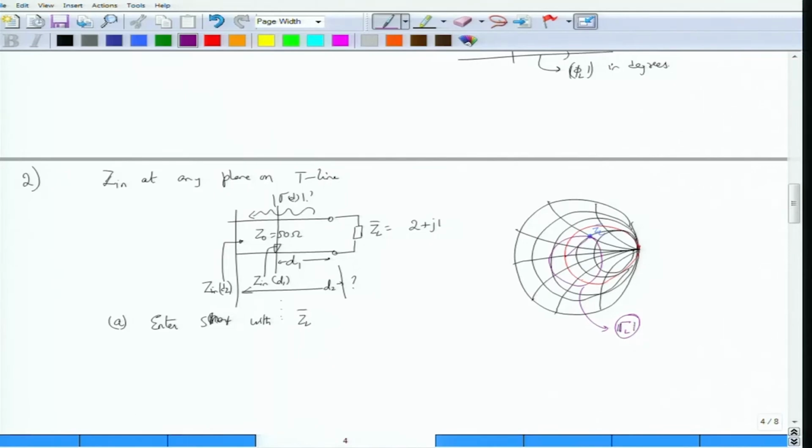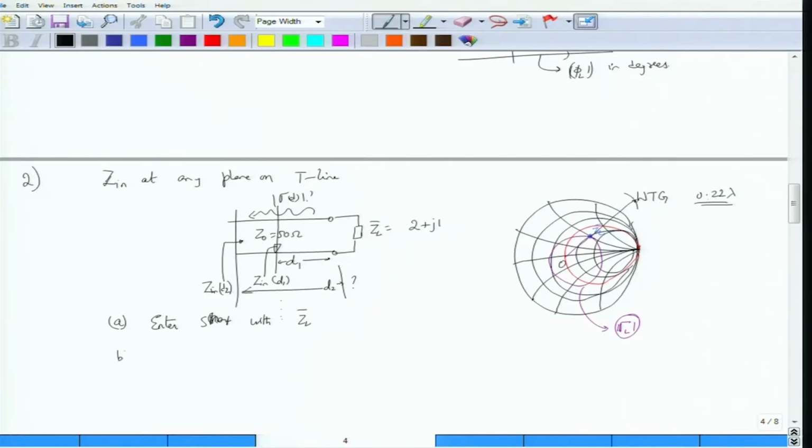Any movement that you are going to do would be on this particular circle. Next, from the center you simply extend this point and read what is the value shown on the wavelength towards generator circle. Let us say this turns out to be some 0.22 lambda. This is just an arbitrary number that I am taking, it does not really matter. You have to verify that this number is correct. So you enter your Smith chart with 2 plus j1 and find out that you are at that particular point. If you extend and find out the reading on the WTG scale,